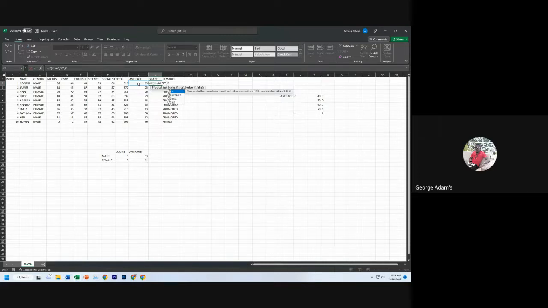But this time you don't have to start with an equal sign. I'll select IF. The logic now will be average is less than 50, comma, value if true, the grade is D,